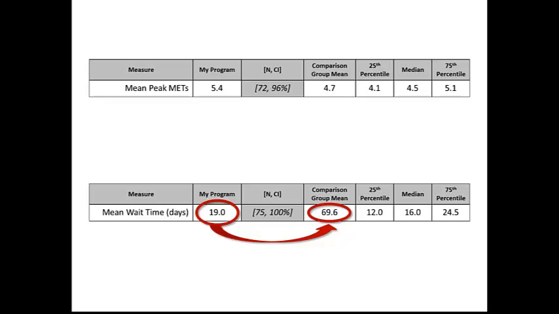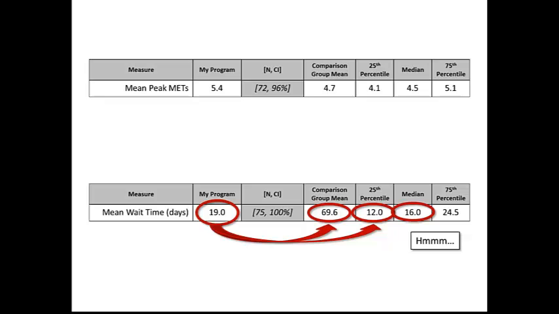So how do we now compare with the constellation of other programs? Now here we want to be faster, so we would compare then to the bottom 25th percentile. We'd like to be one of the fastest programs in the comparison group. And here we see, well, we're not making the 25th percentile, nor are we even making the median, the 50th percentile. So we're in the slowest 50% of programs for this particular measure.